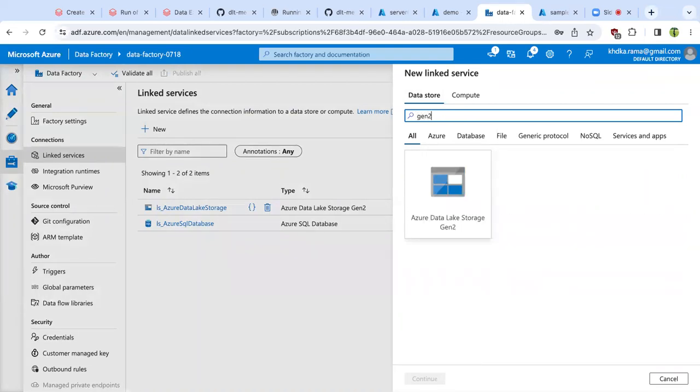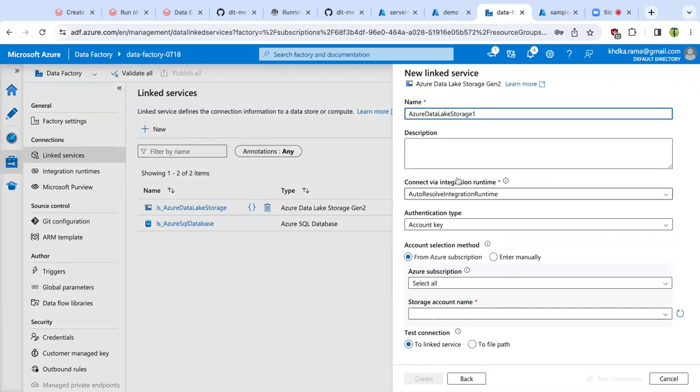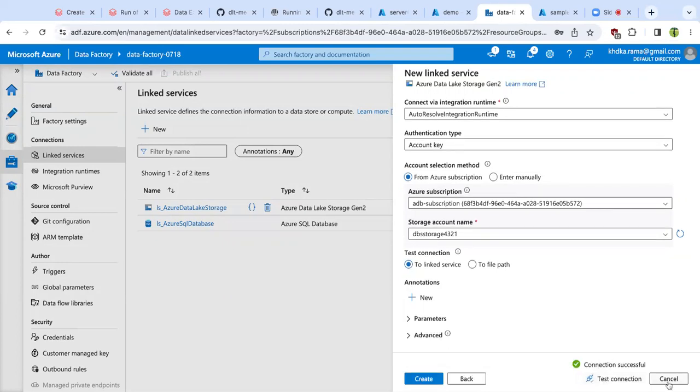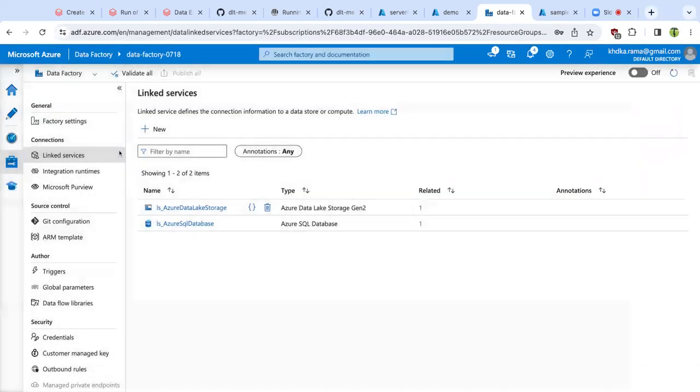So if I do Gen 2, again the same thing. You'll select your subscription and then the storage name. This is the storage name. That's it. And then test connection. Connection successful. So this is the first step. We need to set up the link service to whatever sources we want to connect. Second step